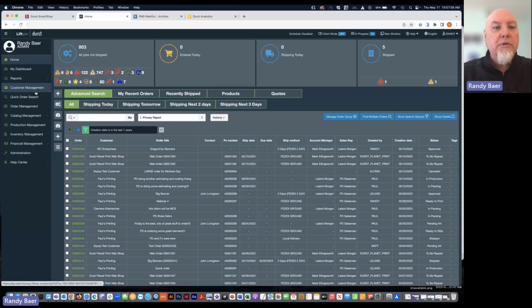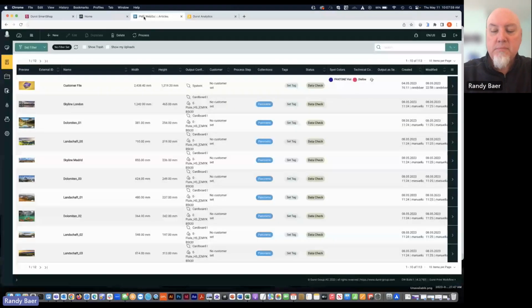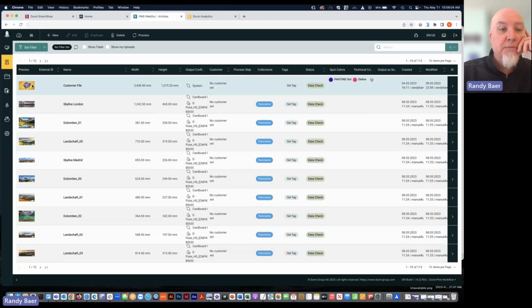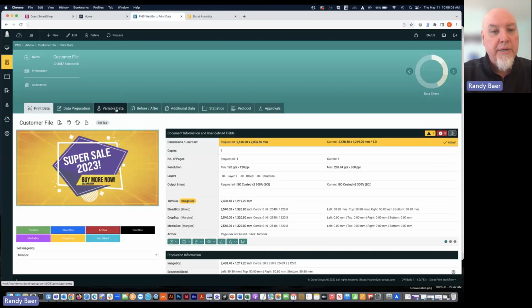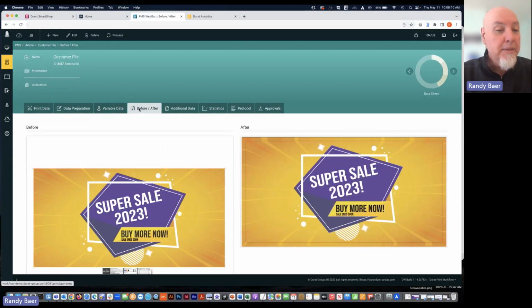But we also want to cover workflow, which we had done in the past as well. On a previous session, we had shown a customer had sent a file in. It was not a very good file. It had all kinds of problems. It didn't have any bleed. It didn't have any cut marks. They had set the blacks to crazy things that were registration blacks. They were production blacks. They were all kinds of different things. Those blacks weren't going to match.